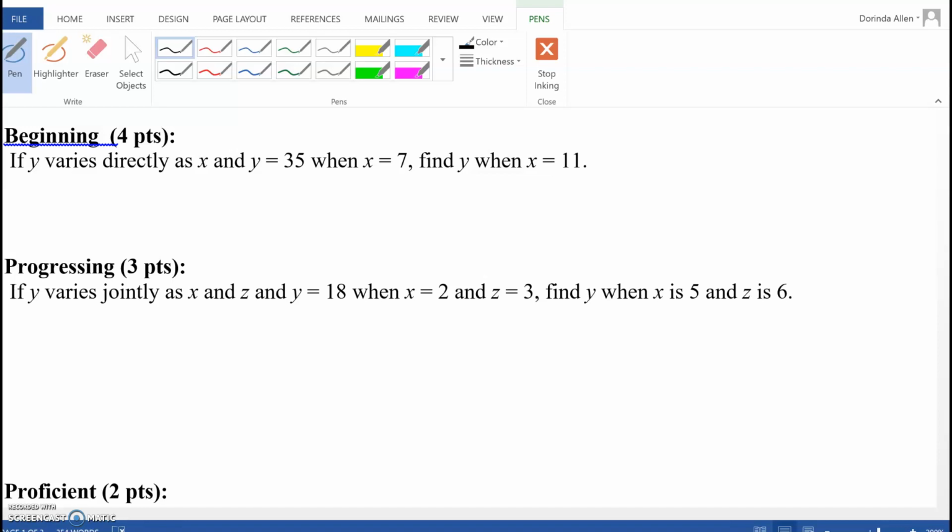So this is the review for Chapter 7 or Unit 7 on rational equations, and we're going to try writing here on this Word document. I'll also try to upload it, the written and the blank one, so you can follow along and have the writing also. So here, our first question, if y varies directly as x, and that means that